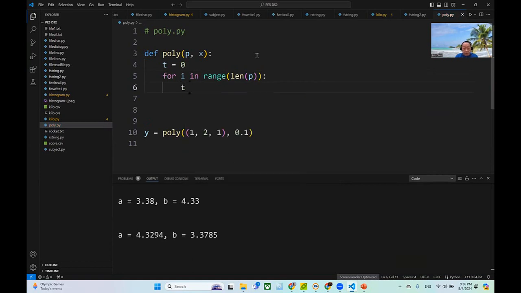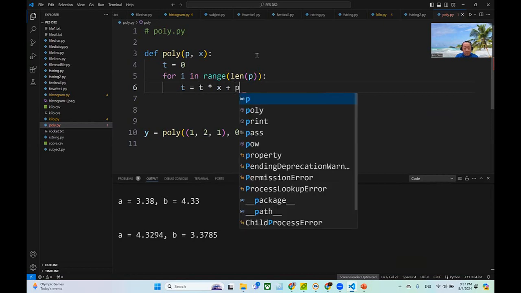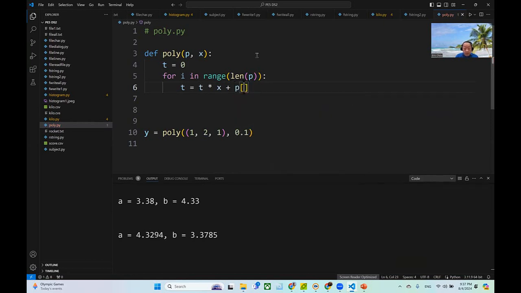Okay, so each time I'll calculate the total plus equals what? Plus equals the original total. So my original total, let's assume that it actually is 0. So 0 times the x plus polynomial i. So polynomial 0 will be added to total the first time. So the first time it comes in, you will get